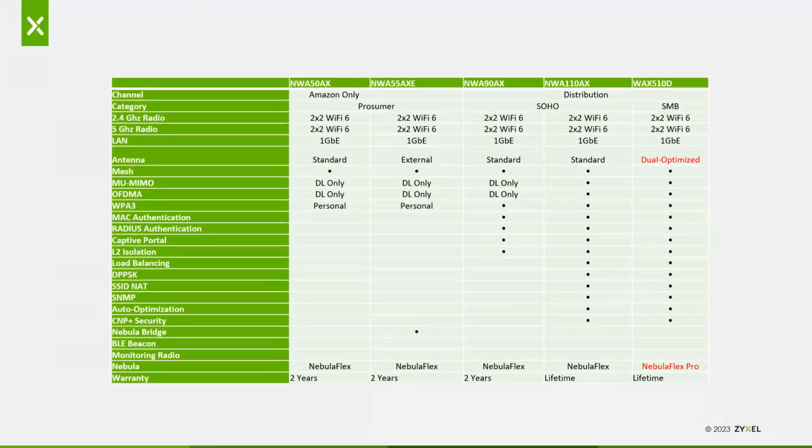So what I've put here is a slide showing you all of the AX1800 access points we have, because it can get a little confusing. We've got 5 different access points here, all of them AX1800. So what is the difference? On the 50 and the 55, again, this is aimed primarily at the prosumer space. It's a 2x2 AX1800, but you'll notice on the Wi-Fi 6 side of things,